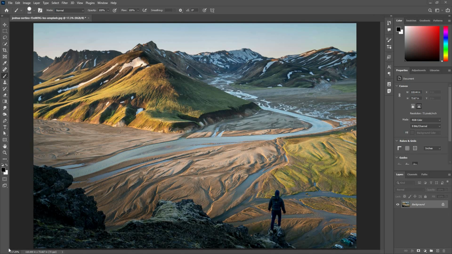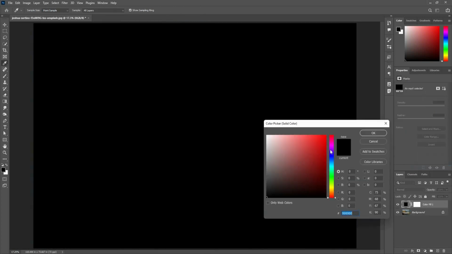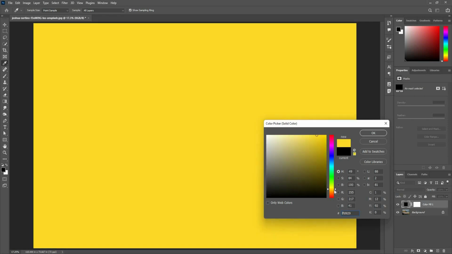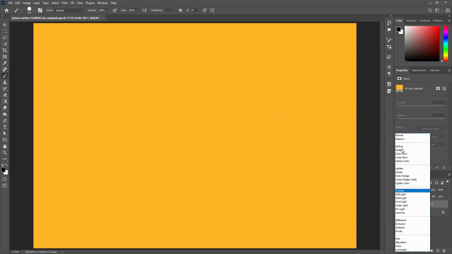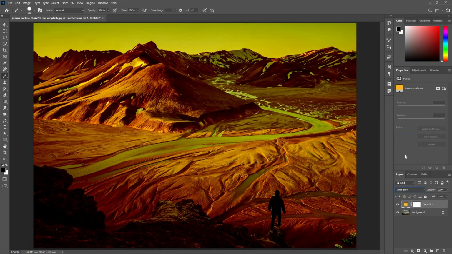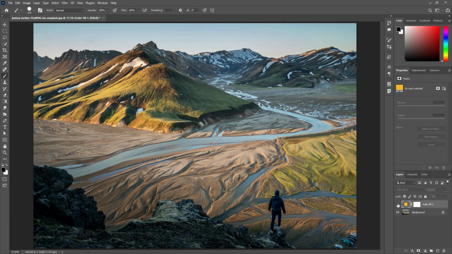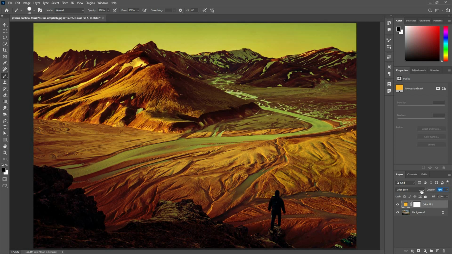Let's take a look at the next blending mode, that is color burn. I'm going to use this image for this demonstration. I'm going to take a solid color, something like an orangish yellow, and give OK. Now I'm going to apply the color burn blending mode. Here you can see the blacks remain black and the pure whites remain white in this blending mode. If I take down the opacity,